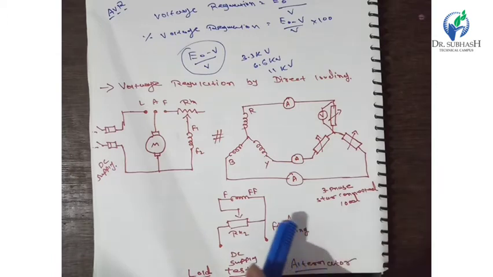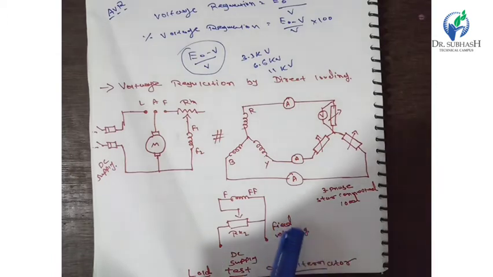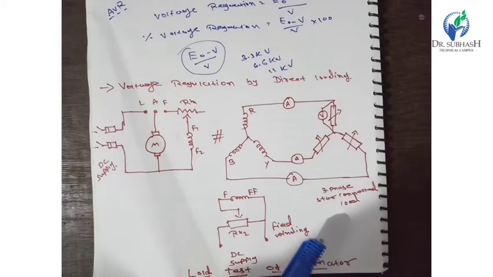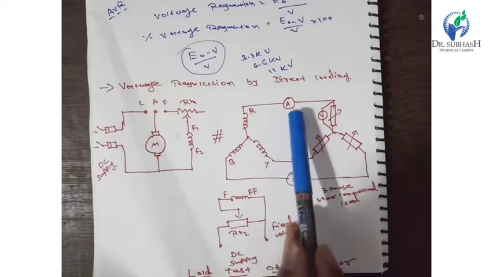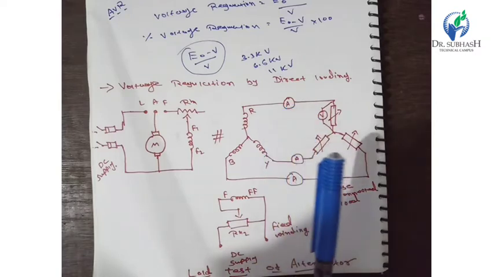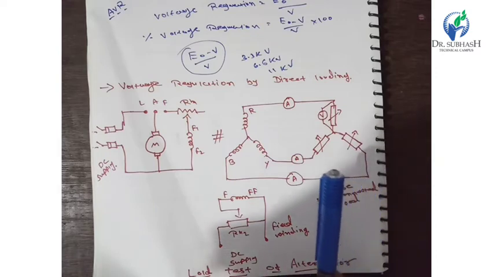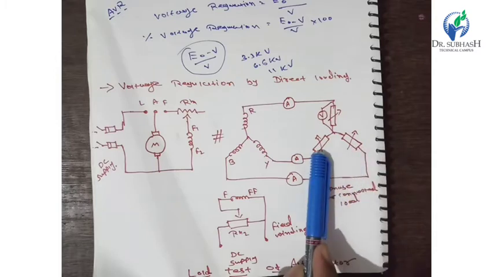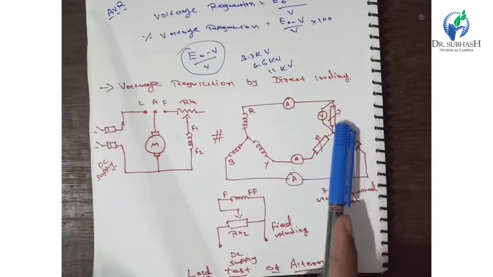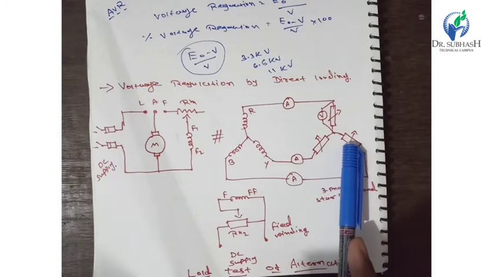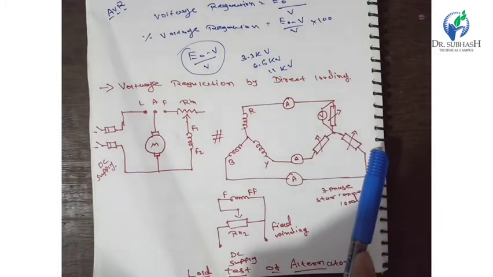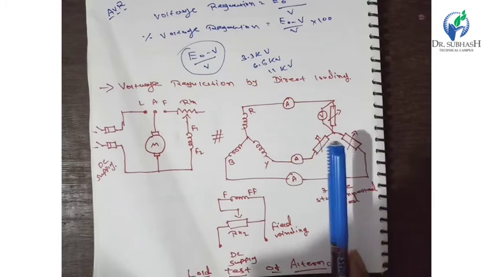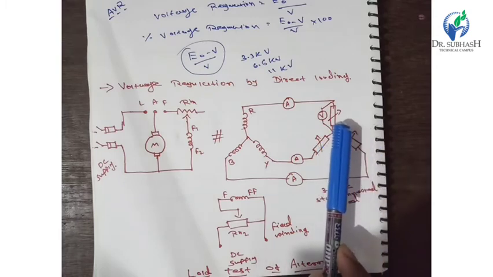The experimental components needed are a three-phase alternator, ammeters, and tachometers. A three-phase resistive, inductive or capacitive load is also needed. Here is the load of the three-phase system, resistive, inductive or capacitive. The other components we need are a voltmeter and a DC motor.